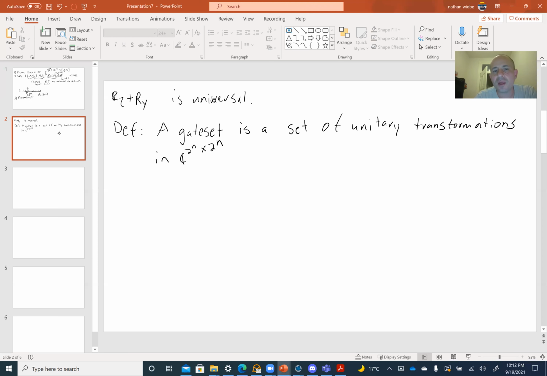Okay, so that's what I mean when I define a gate set, and we'll describe this gate set with the